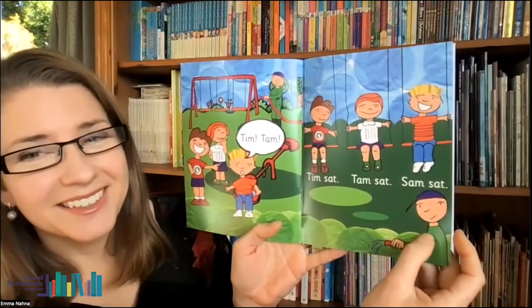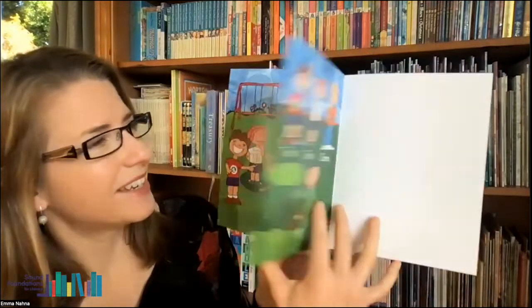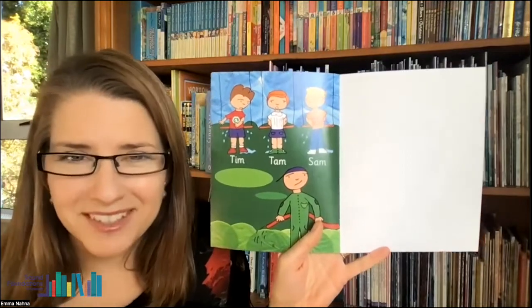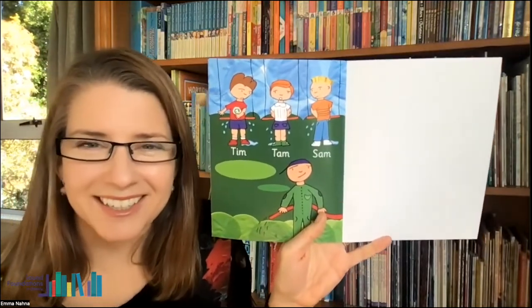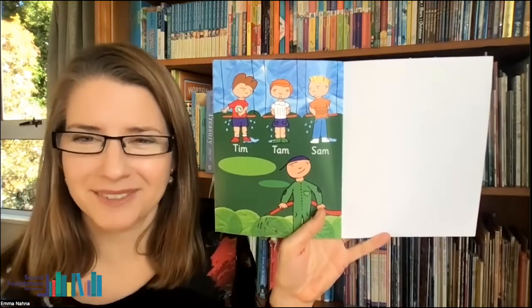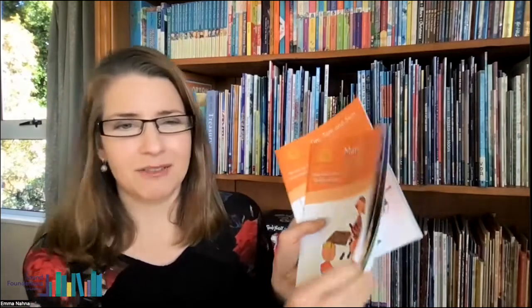Here's that gardener having the last laugh here. And now they've all got wet bottoms because he wet the seat for them, ready for them to come and sit down. Tim, Tam, and Sam, all realizing they've got wet pants. So that's a really enjoyable first try at having a go at reading a real book. I meant to say they've got nice,